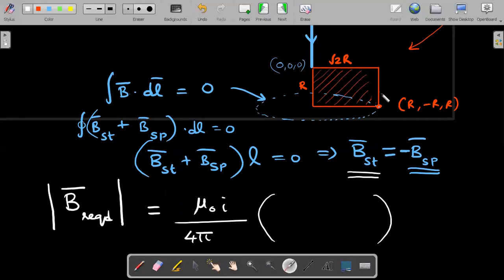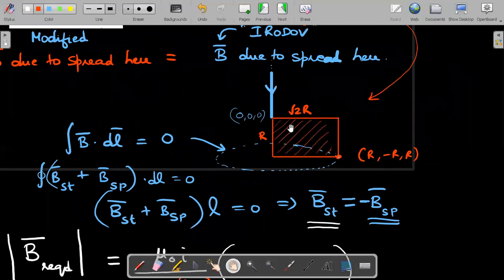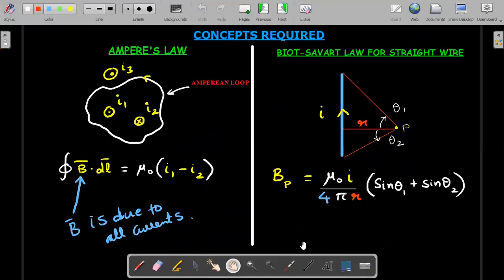Can you see the distance between this point and the wire's extended line is root 2r. So the bottom here should be filled with that red colored root 2r. Now coming to the angles part, this is the interesting one. From the previous picture, you could see that the angles here are measured with respect to the shortest distance line. But can you see the sign convention of the angles?